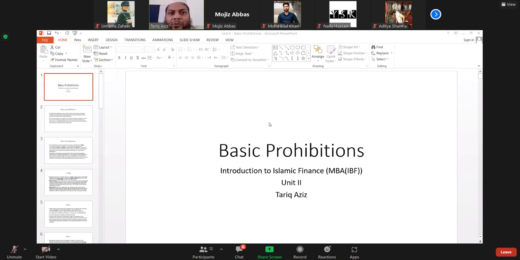So this is how things are very simple, because the most important rule and principle that we have to remember is the rule of general permissibility: that all things are allowed, all human aspects, how they deal with each other, how they interact with each other, are allowed by default until and unless some clear prohibitions in the sources of Sharia are there. And the sources of Sharia, we know, are primarily Quran and Hadith, and there are some secondary sources also, but those secondary sources are also based on Quran and Hadith.